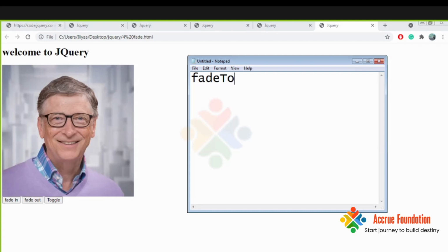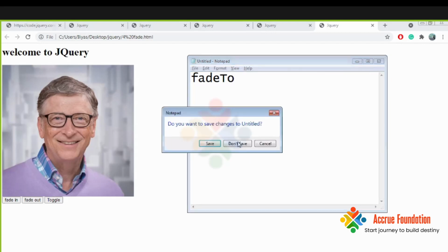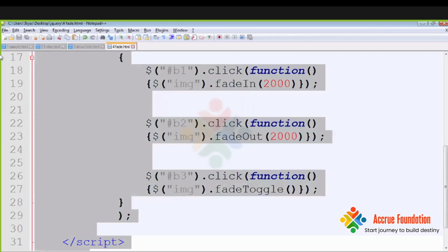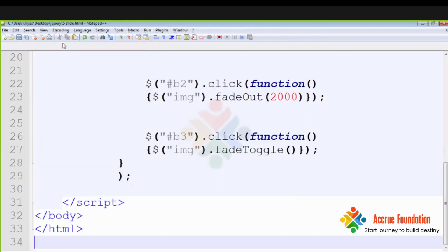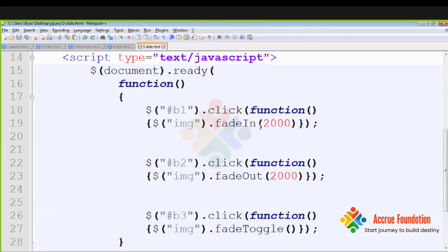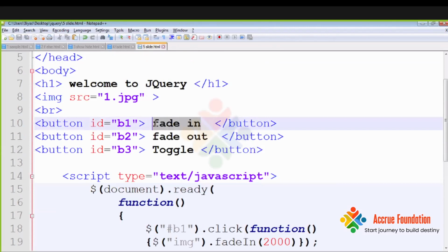Next, we have a concept called slide. So how can we implement this slide? Let's copy this, paste it, and save it as slide.html.